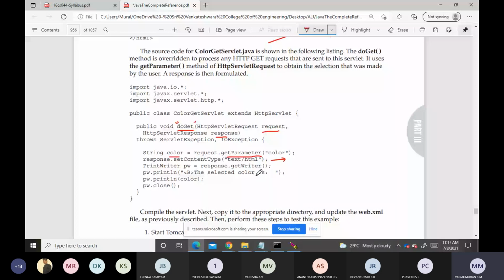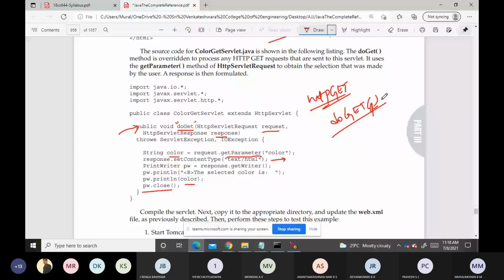You should concentrate here: when the HTTP get method is used, we override the doGet method to process any HTTP get requests. It includes a request object as well as a response object, and the remaining things are the same as we studied in the previous class.